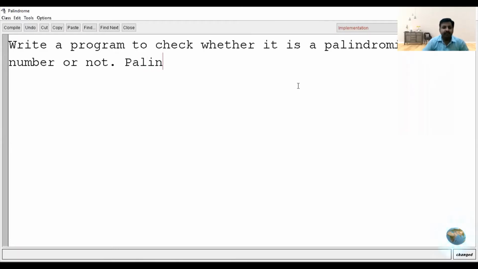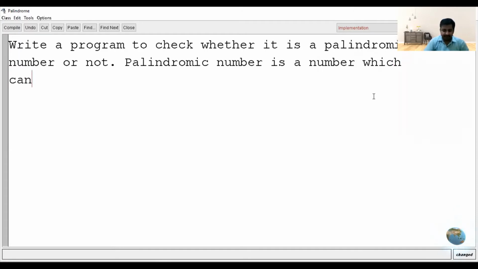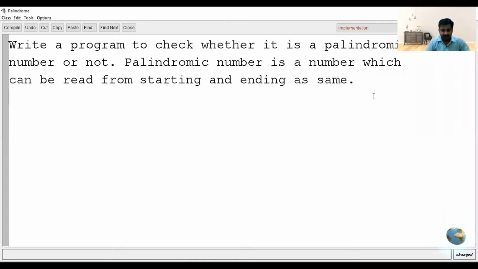A palindromic number is a number which can be read from starting and ending as same. For example, if you see 1331, 121, like this. So these are termed as palindromic numbers.